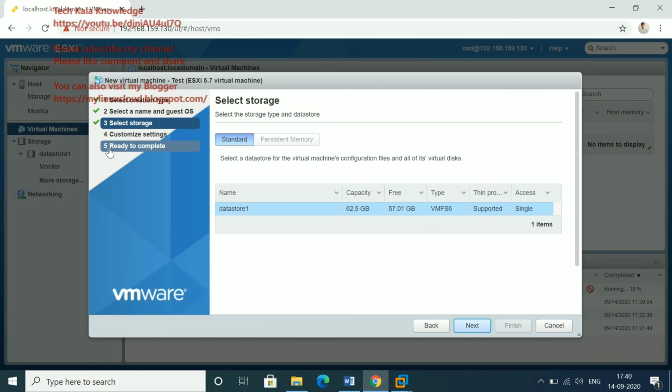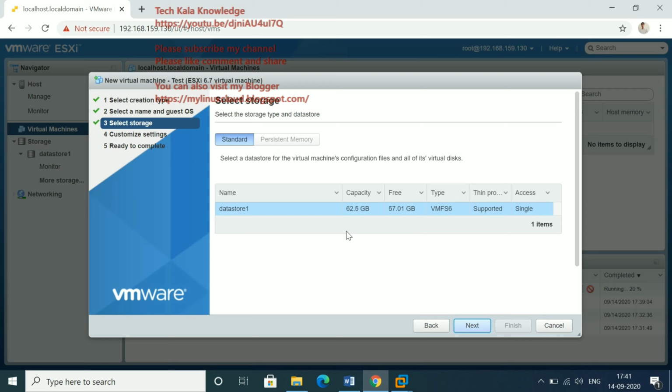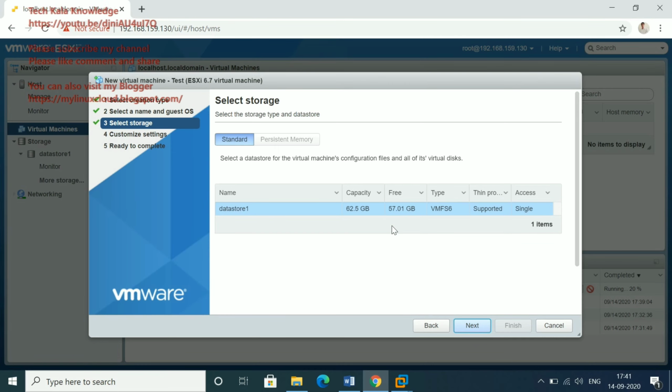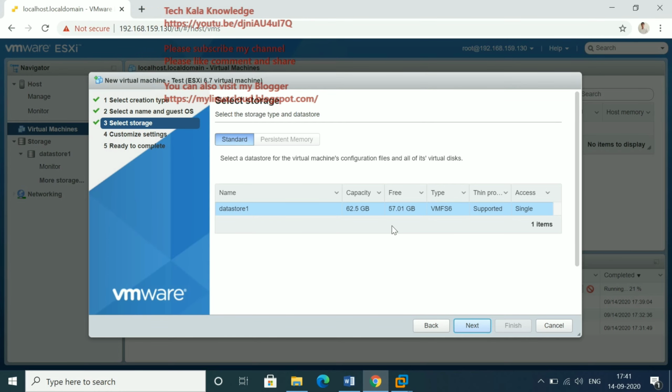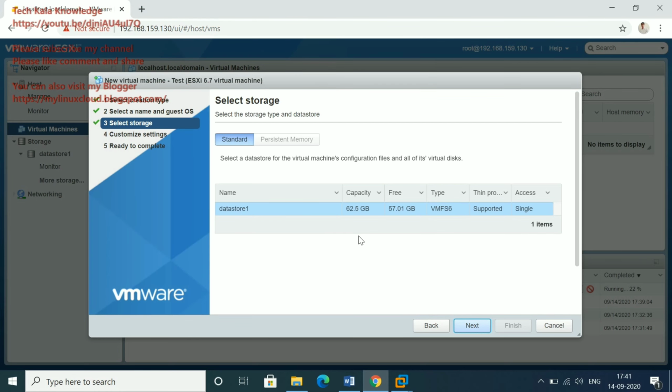Yes, now you can see it's asking to select the storage. As of now you can see only one storage is showing here, right? But when you are working in any organization or company, there might be multiple datastores attached. When selecting a storage, you only have to focus on one point: which datastore has sufficient space.